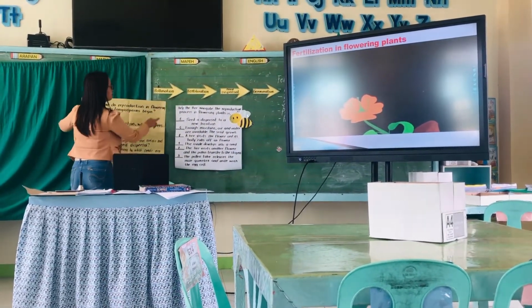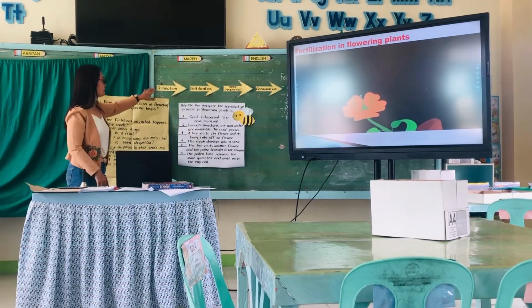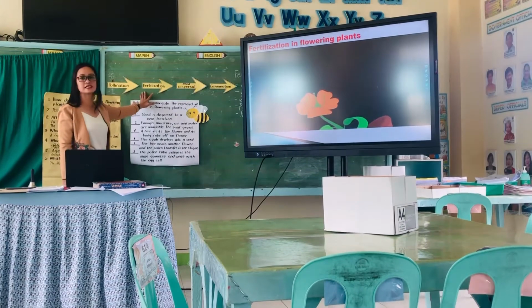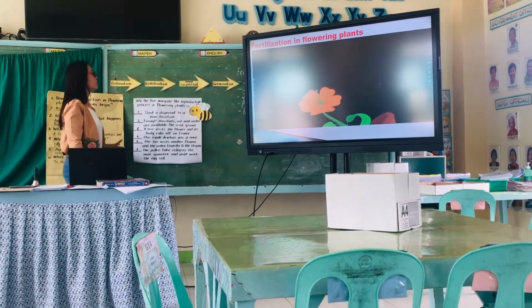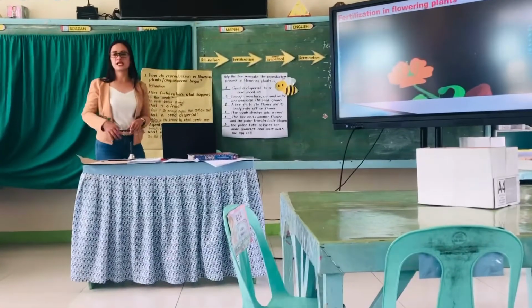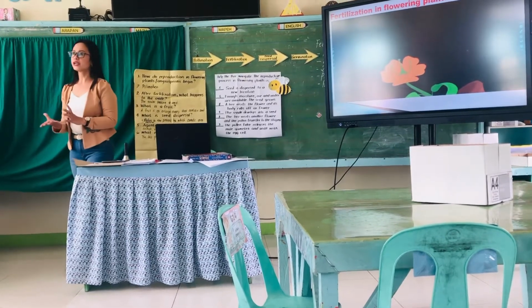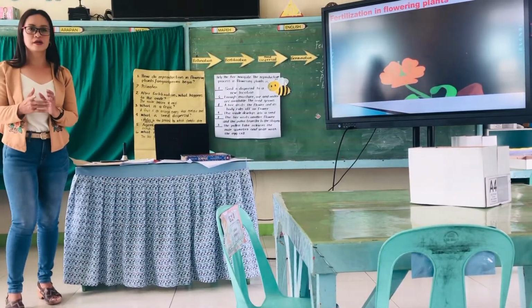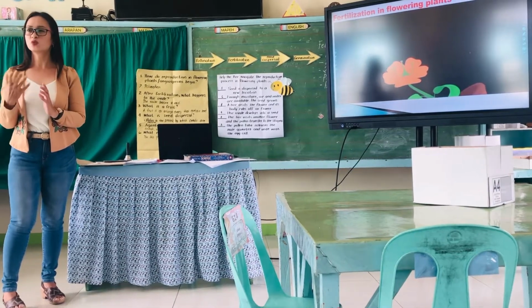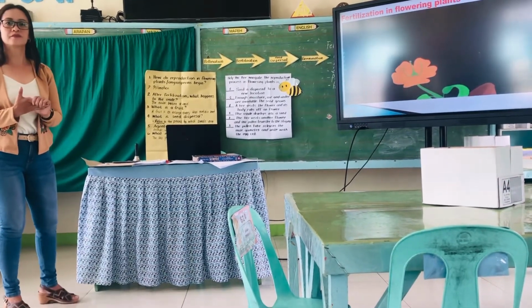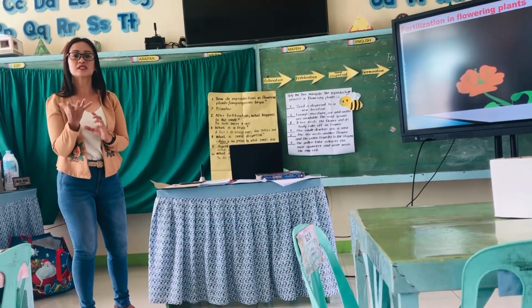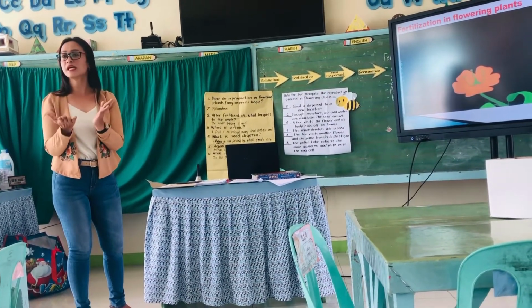Here, pollination is the first step in the process. We have fertilization, as discussed in number 2. Then we have the seed dispersal. These seeds are enclosed in what part of the flower? The seeds are enclosed in what part of a flower? Ovule. So when the seed grows, it is being enclosed in the